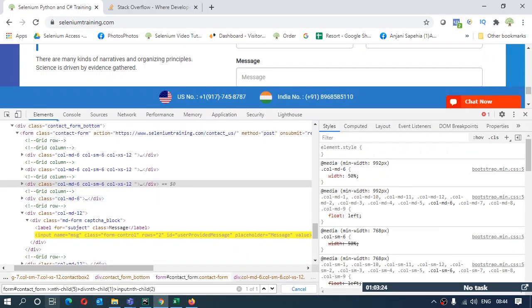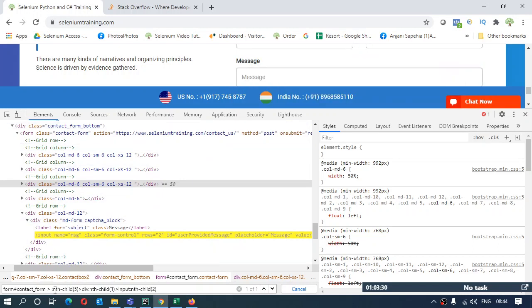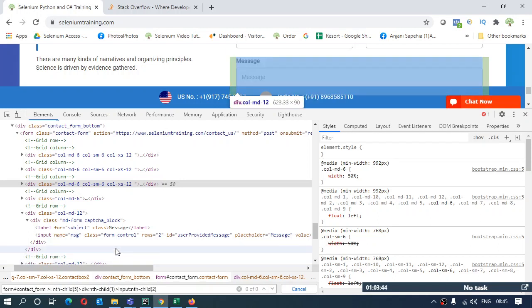I'm just going to give a space before this colon. It gives. But if I give it after, I don't have anything. There is no element which is being highlighted. Because the space means something over here. What it is, I'll tell you in some time, but let us complete this first.